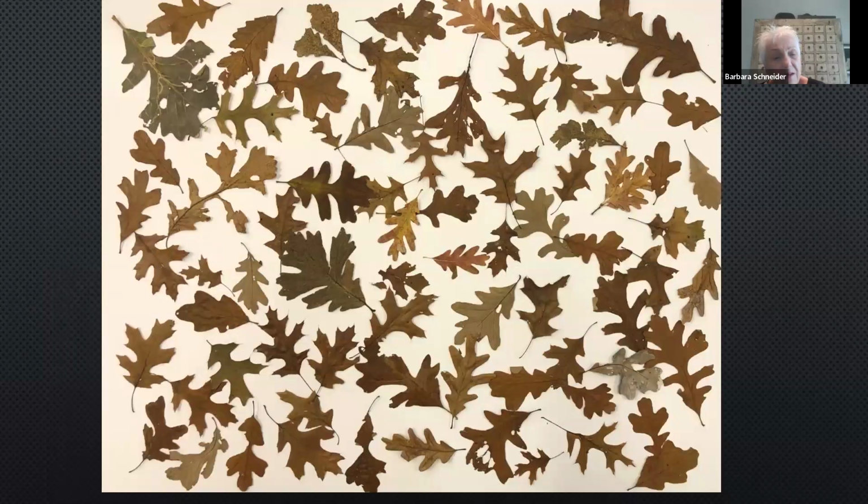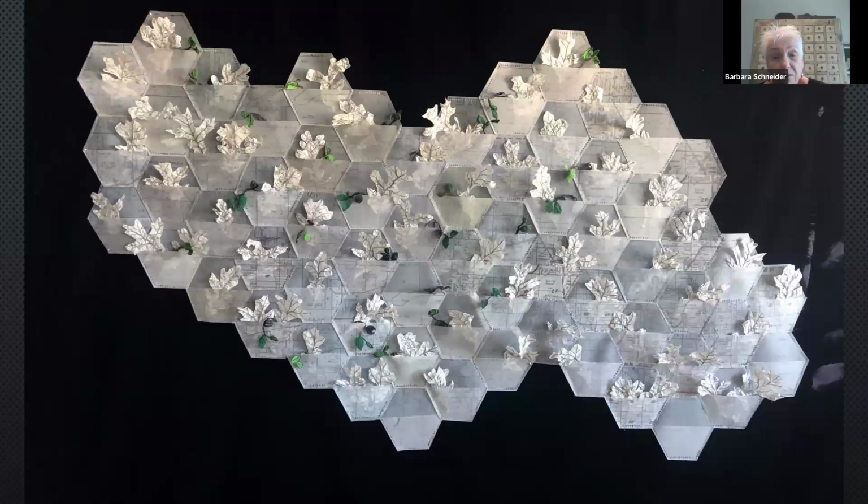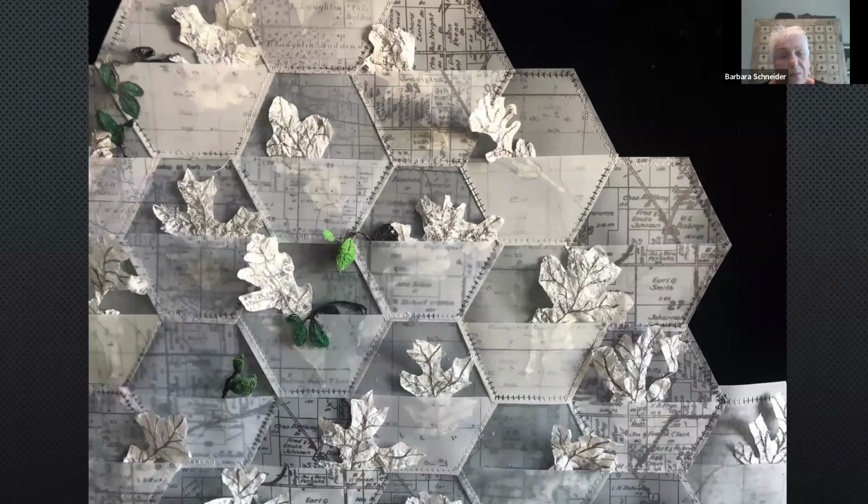And from that, and collecting a lot of the oak leaves from the site, I've created a piece that's still unnamed, but it made use of folding and stitching those township maps on vellum, making them into little pockets, and in each of the pockets, there's a white leaf that's representing the missing trees.